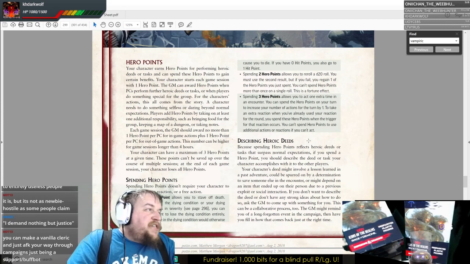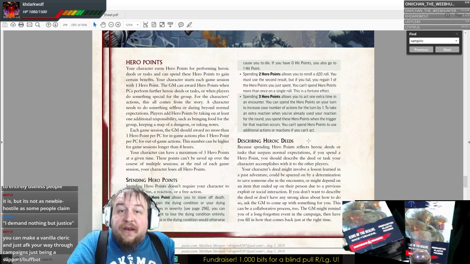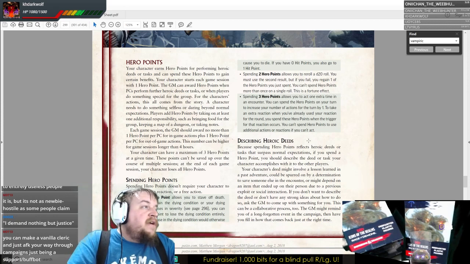Each game session, the GM should award no more than 1 hero point per PC for in-game actions. Alright, so here's, I guess, where the IRL min-maxers are foiled. Plus 1 hero point per PC for out-of-game actions. This number can be higher for game sessions longer than...